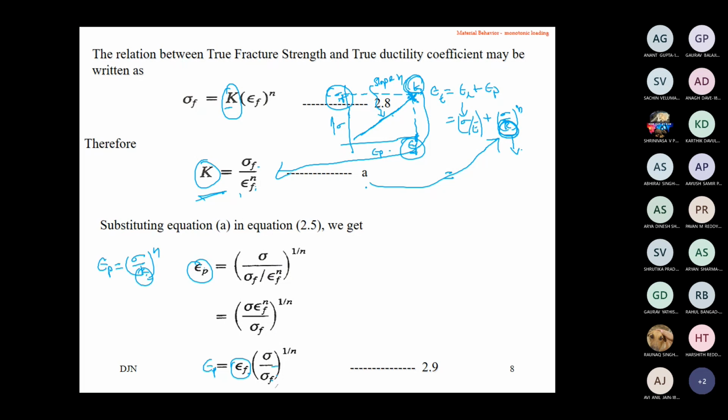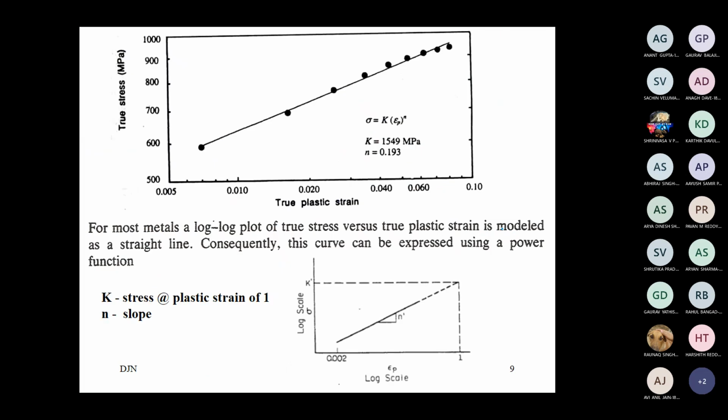Okay. So ultimately we need to get an expression for the total strain in terms of elastic and plastic. This is the graph which I was talking about, to take the true fracture strain and the strength coefficient K from a plot of true stress versus true strain. So for steel material, usually this is somewhere around 1200, 1500, 1600, that much value you will get as the intercept at that particular location.